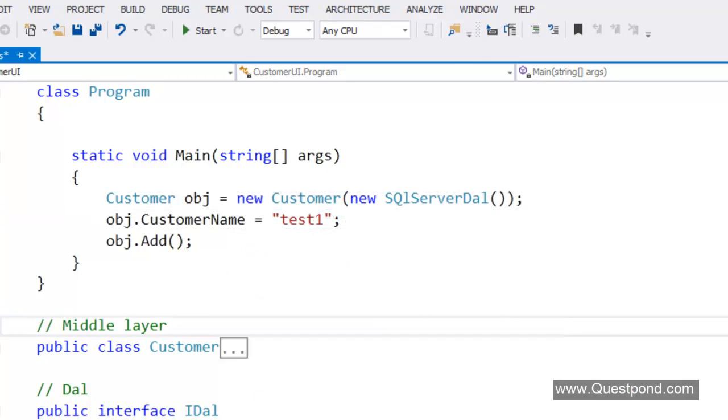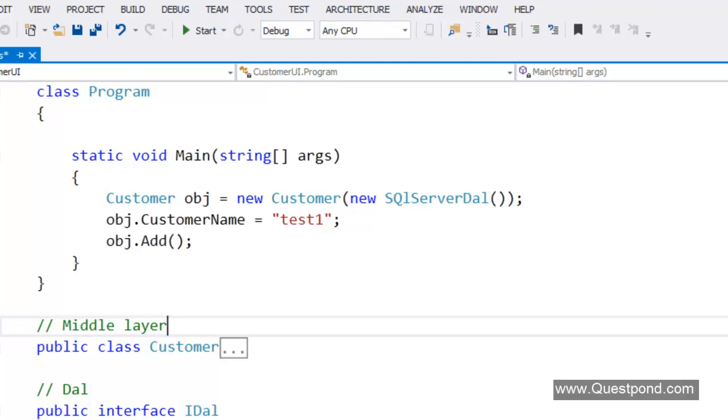Now there are a lot of frameworks out there which help you to do dependency injection. For example, we have the Unity application block, which comes from Microsoft patterns and practices. Then we have the Managed Extensibility Framework, MEF, which is a part of the .NET framework. We have Ninject, etc. But at this moment, I have chosen the Unity application block because it's a lightweight component and it's been time tested for so many years. So I'm going to use the Unity application block here to do dependency injection.